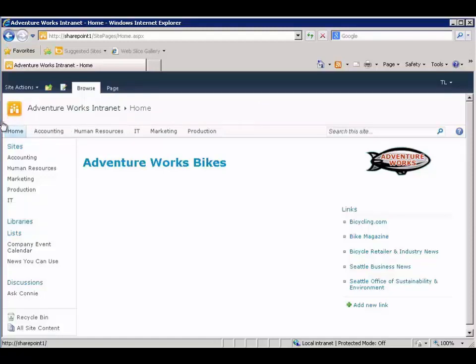Next is what's commonly referred to as the top link bar, and this provides links to subsites. Each department at AdventureWorks Bytes has its own subsite. Again, though, this could be links to anything. I could have a link to an external website or more specific sections of the site. You'll see that the links are repeated over here on the left. This left navigation bar is commonly referred to as the quick launch bar. In addition to linking to the subsites, we also have links to other features that exist at this level, including